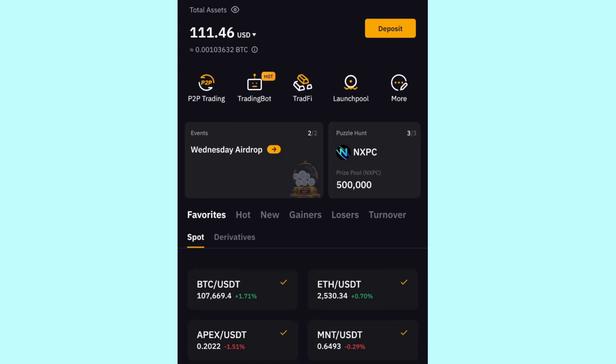This is how to deposit money from your bank account to your Bybit account. We're going to be using the P2P trading function, and how to get to the P2P trading function from your home